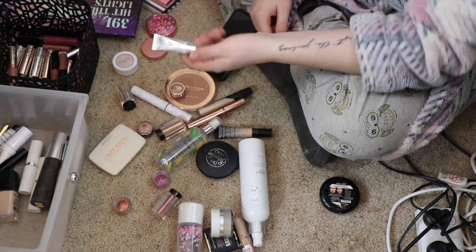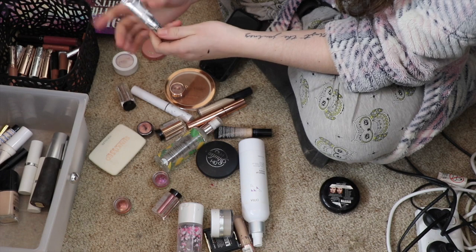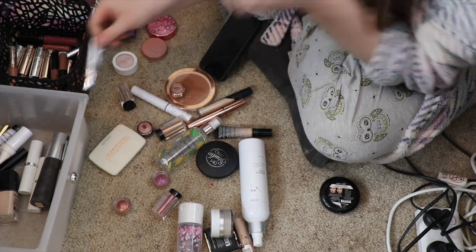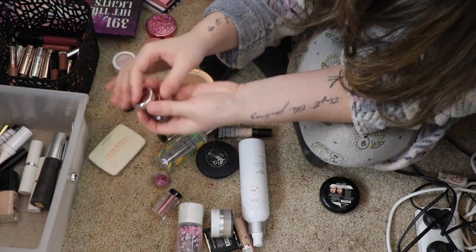I chose the Anastasia Eye Primer because I'm never going to reach for this normally now, so I'm going to try and use it up, because honestly I love my P. Louise. I also chose some pigments this time because I don't really normally do that, so I chose my Tarte